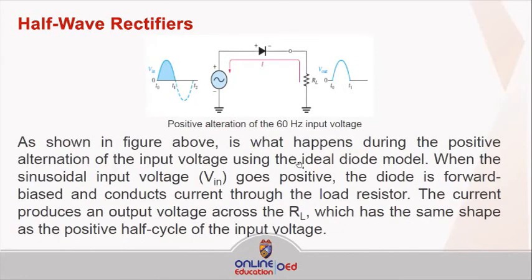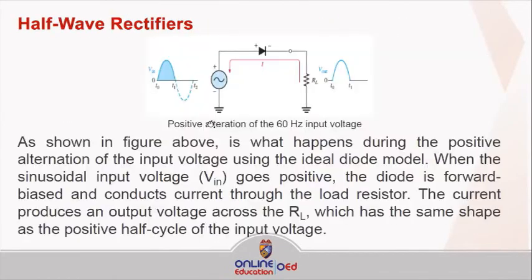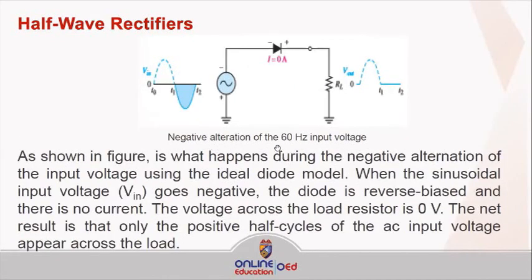Kung kanina ito is naka-forward bias, dito naman sa next example natin is, as shown in the figure, what happened during the negative alternation naman. Kung kanina is naka-positive alternation, dito naman is negative alternation of the 60 Hz input voltage. As shown in the figure is what happened during the negative alternation of the input voltage using the ideal diode model, when the sinusoidal input voltage, yung Vin natin,